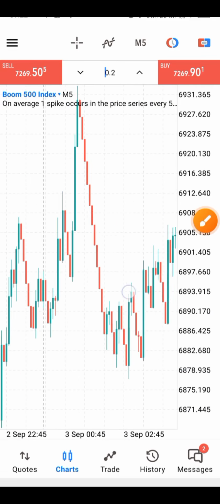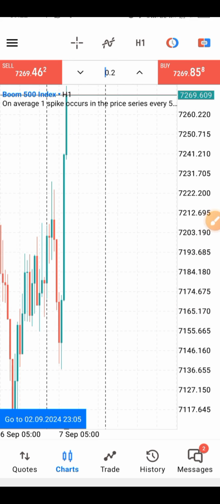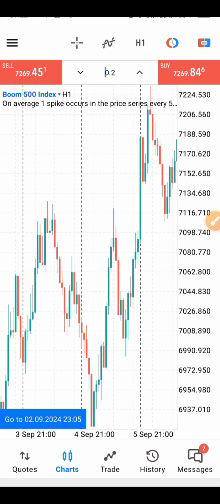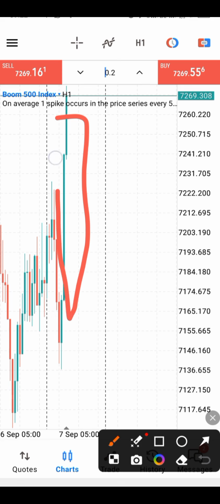You understand? So once you're able to have that knowledge in your head, it will reduce your loss like magic. You understand? It will maximize your profit for you. You will just see that every trade you are placing is profitable. It's profitable trades. You understand? So you just have to be patient to make sure what you are looking for is met before